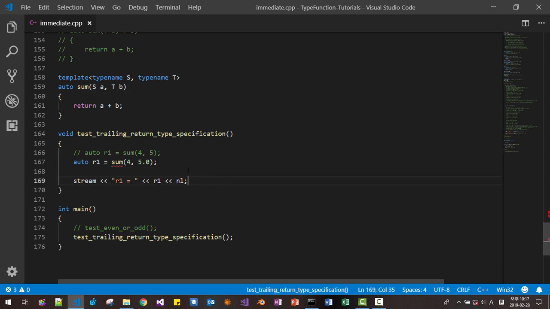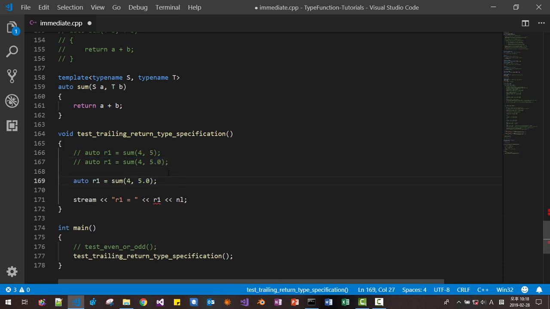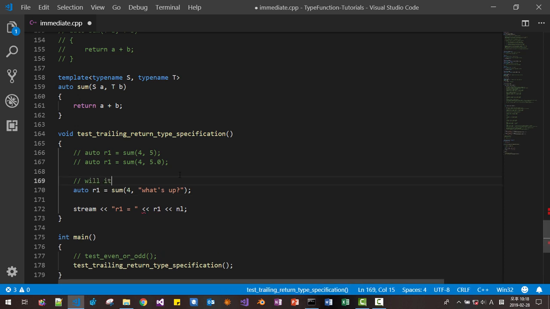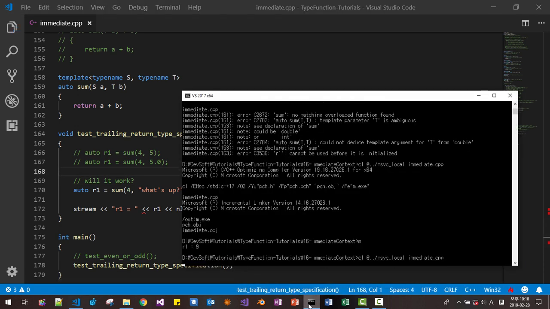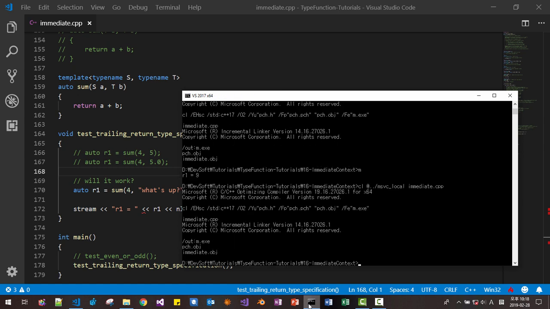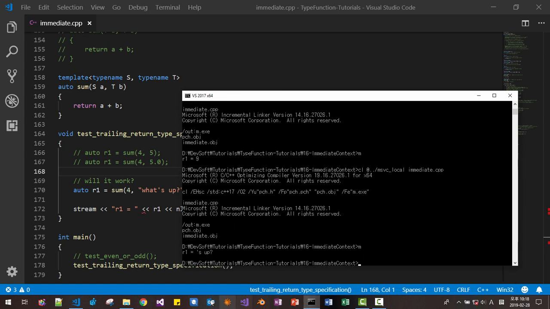But there is another problem with this approach. Let's try with this one. Say I modified it like this. Sorry, I will restore it, and I copy it once again here. Now let's build. Will it work? Let's try it. Yes, it works.